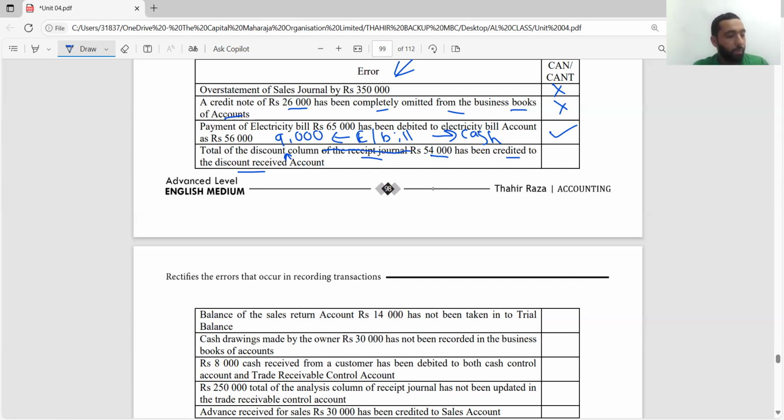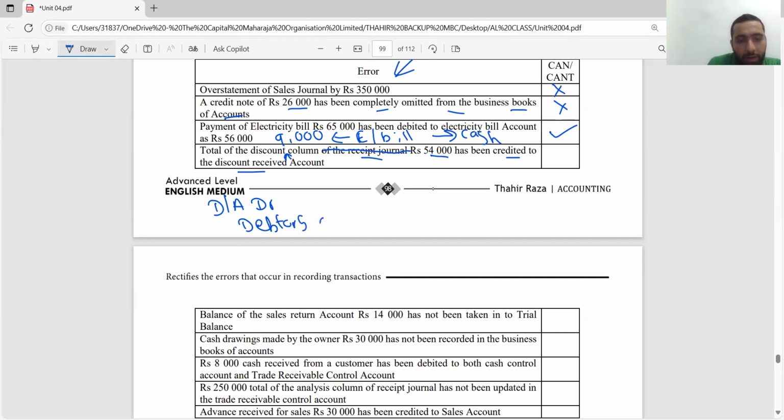Now tell me the answer. Can you find this from the trial balance or not? Total of discount allowed column 54,000 has been credited to discount received account. Can I get the answers once again? It can be the same answer, it can be a different answer. What is the double entry for discount allowed? It is discount allowed debit 54,000. And then what is credit? It is